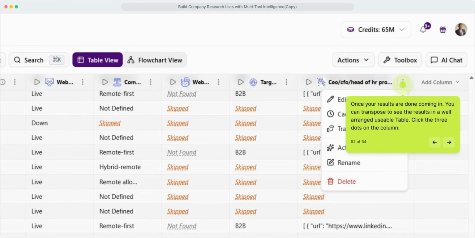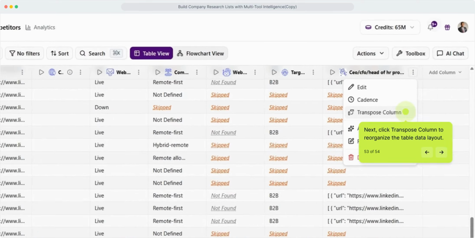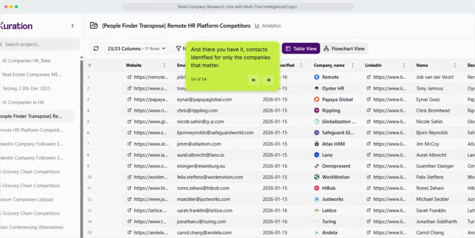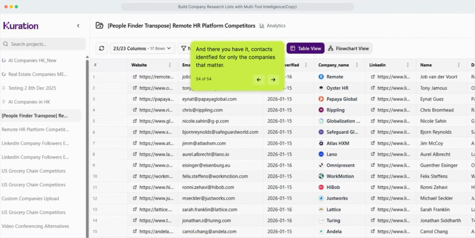Click the 3 dots on the column. Next, click Transpose column to reorganize the table data layout. And there you have it. Contacts identified for only the companies that